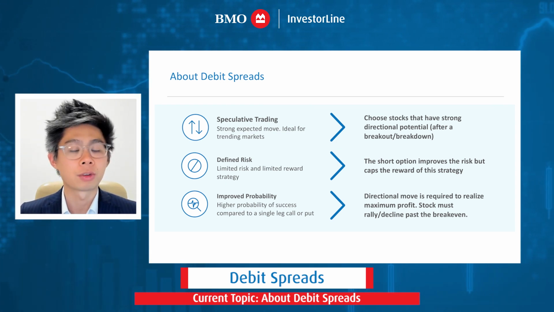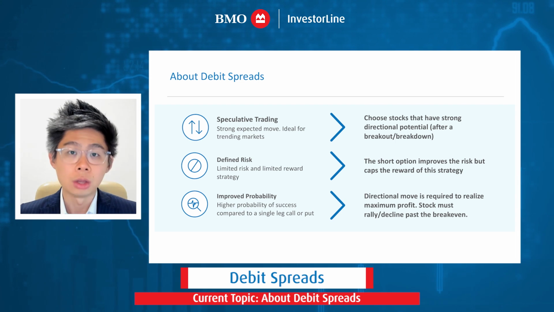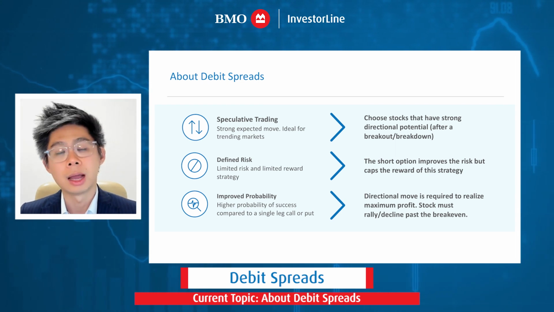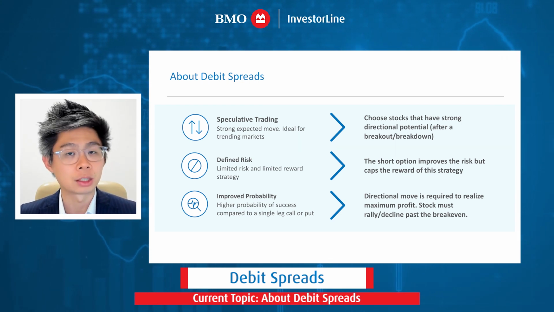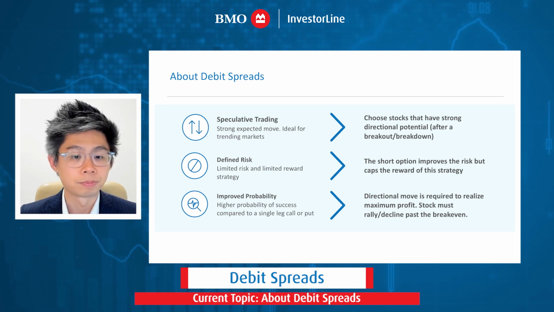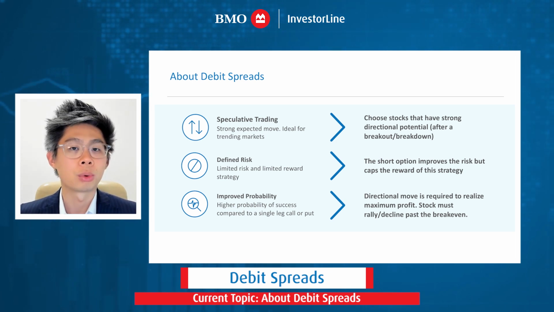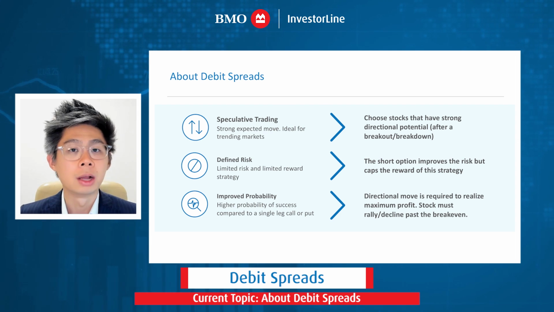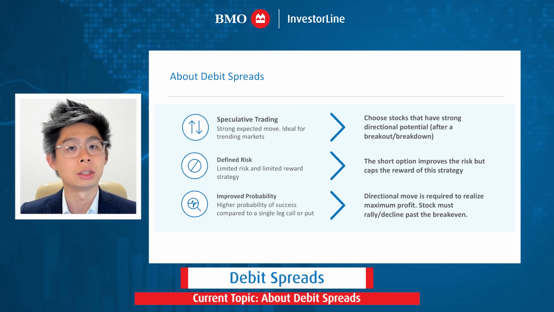And based on the number of contracts that you trade, you know exactly what your max loss and max gain is going to be on that specific trade if you were to hold that trade through expiration. And lastly, I think it's really important for investors to learn about these types of multi-leg strategies such as debit